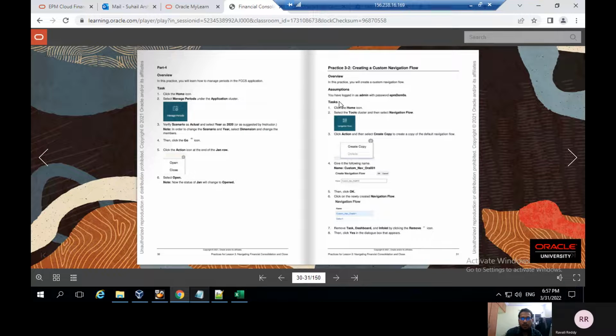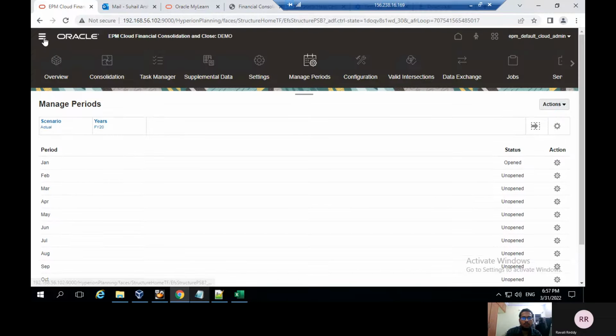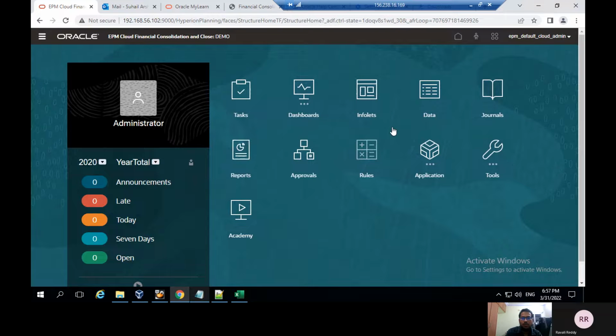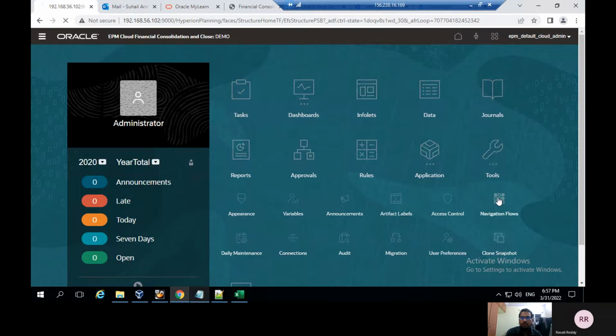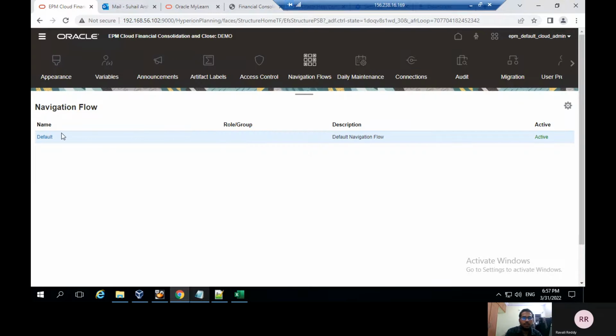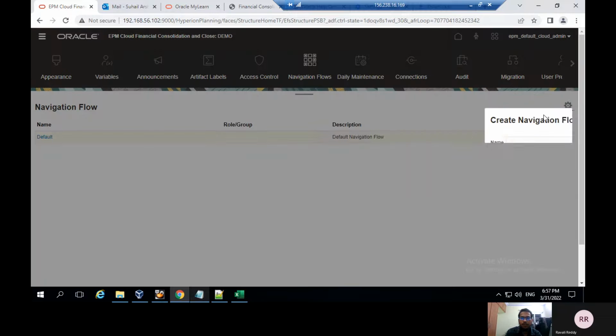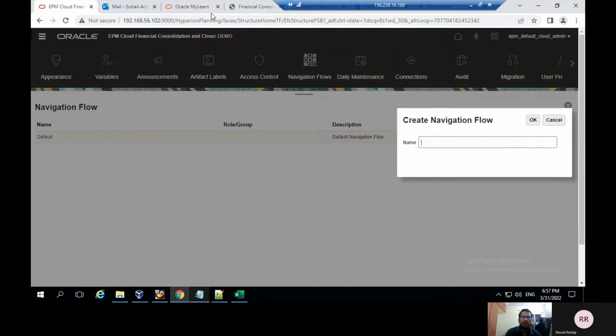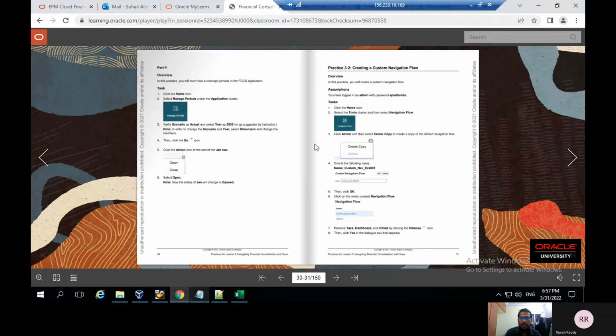And next we'll go to the home icon, select tools cluster under navigation flow. This is the default. We'll select it, and under actions we'll create a copy and we'll name the navigation flow according to the activity guide: custom underscore nav underscore